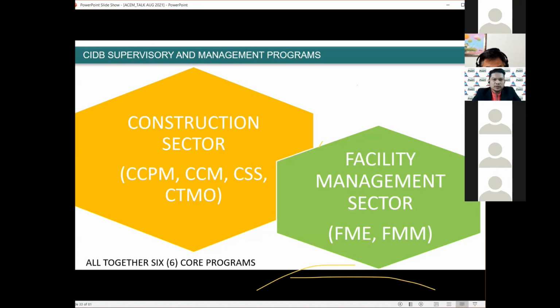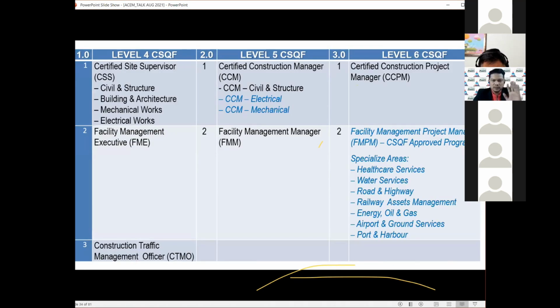Okay. Now we have this construction sector as well as the FM sector. We have CCBM, CCM, CSS, CTMO, and also the FM sector. We have FME, FMA. I keep mentioning these programs because we want you to understand what the program actually is. Now, a clearer view of the level 4, level 5, and level 6 programs.